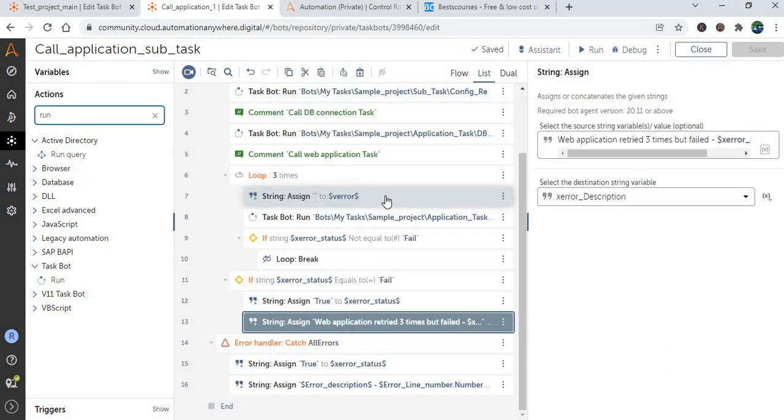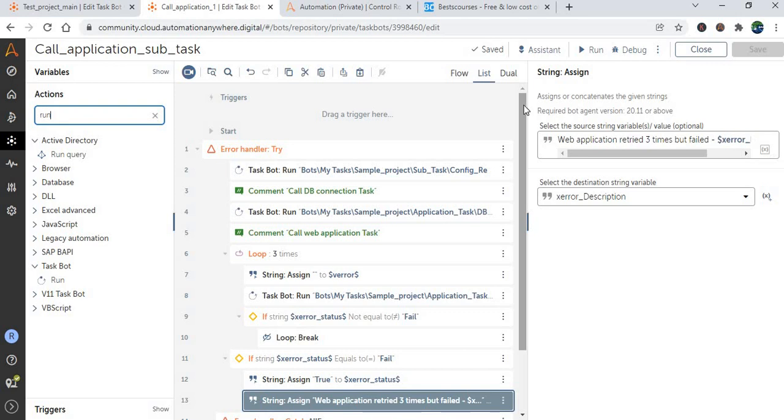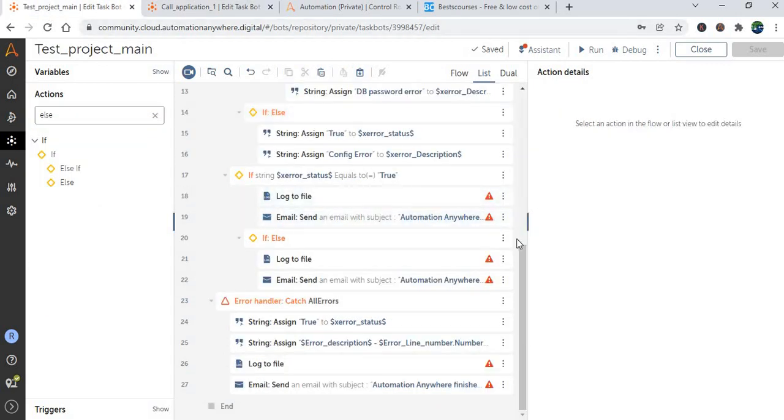And avoid message boxes. Just try to avoid message boxes, because if the bot runners are running, and if they have not seen any errors, or they miss seeing that message box, that's one of the difficult parts. So you need to avoid that message box. If there is any error, just send that email. Send an email to the bot developer as well as the bot runner, so they will come to know we got some error. They will rerun the bot. It's a basic thing.